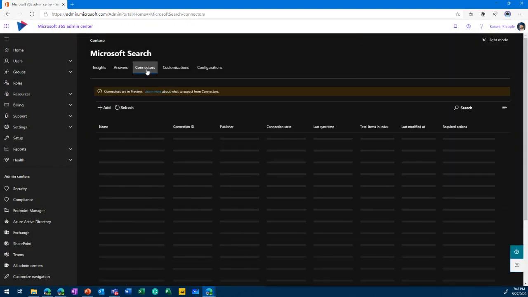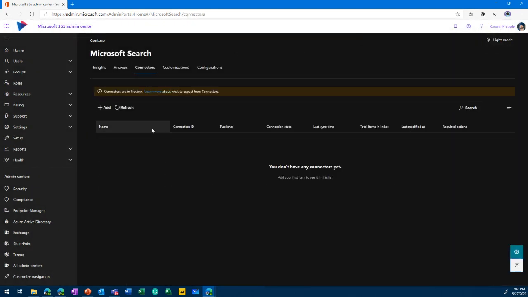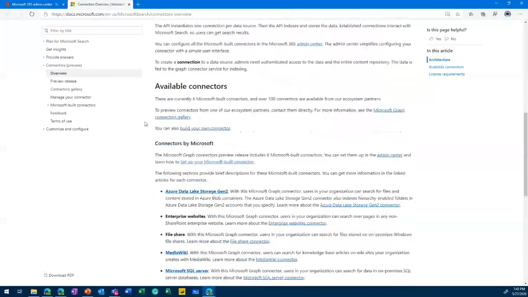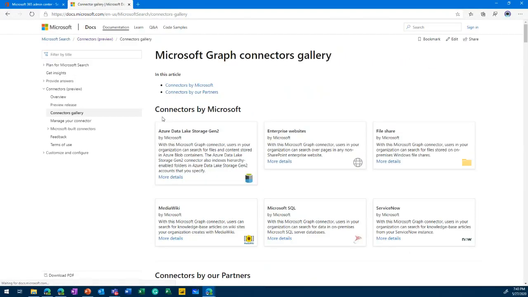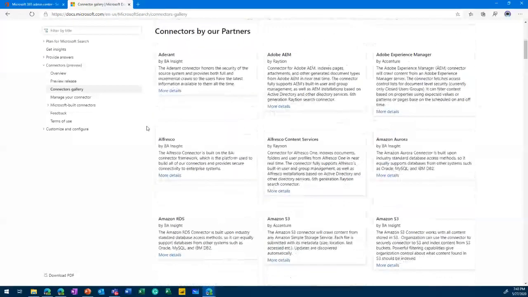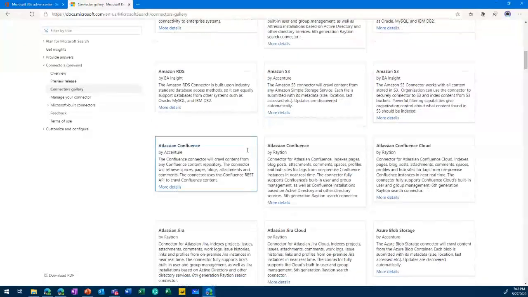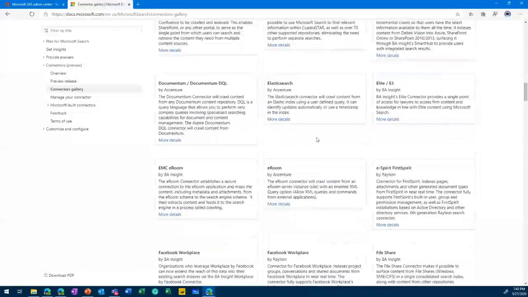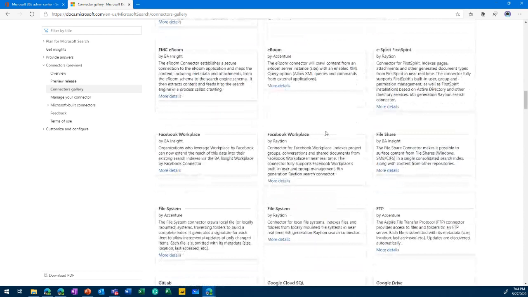The other administration things that are possible is connectors. So there are connectors that they can actually leverage. And the available connectors, here's the connector library if you guys are interested. So from Adobe Experience to Alfresco to Amazon to Box integration. If your content is somewhere other than Office 365, Microsoft 365, you can even, one of the most popular ones